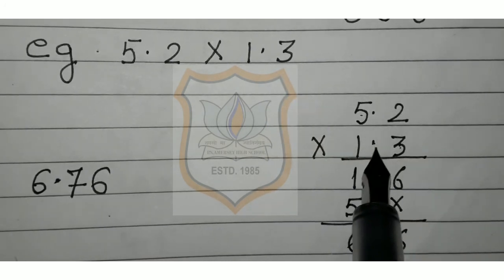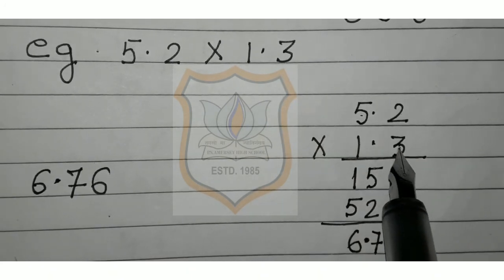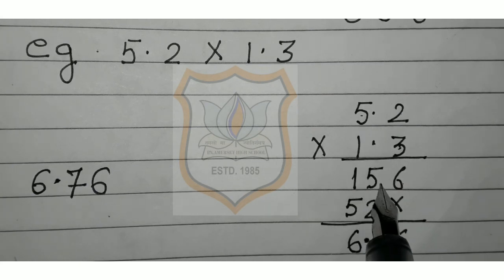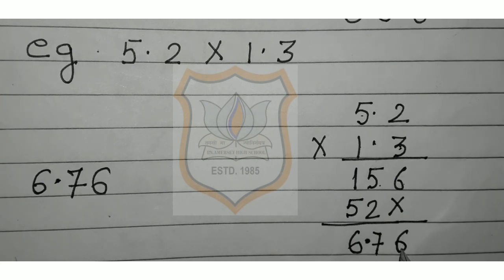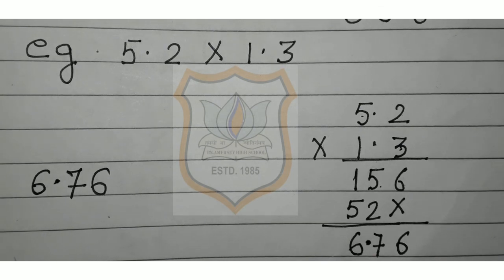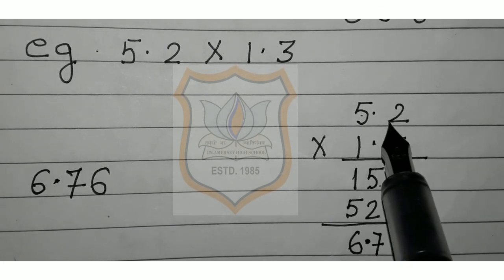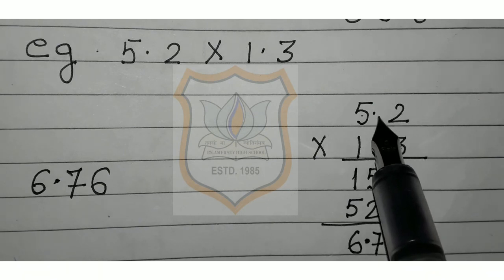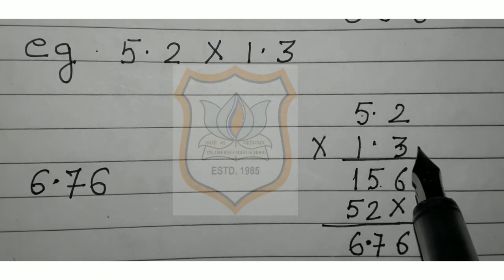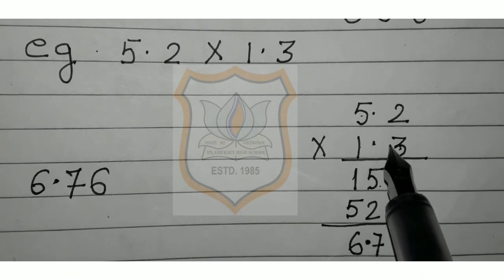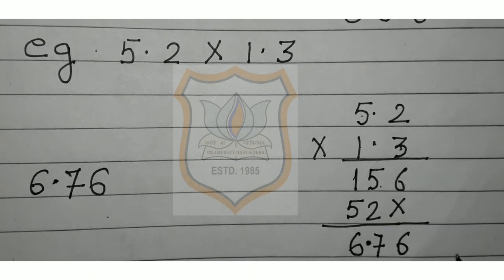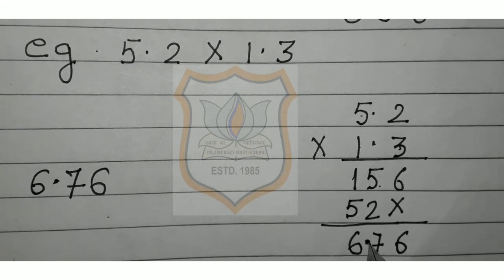One more example of multiplying a decimal number by a decimal number is 5.2 into 1.3. Now 5.2 multiplied by 1.3. 3 2s are 6, 3 5s are 15, 1 2s are 2 and 1 5s are 5. 6 plus 0 is equal to 6. 5 plus 2 is equal to 7, and 1 plus 5 is equal to 6. Now in 5.2 the decimal is after one digit, that is, after 2. And in 1.3 the decimal is after one digit, that is, after 3. So 1 plus 1 is equal to 2. So in the answer the decimal will come after 2 digits, 1, 2. It will come over here. So our answer will be 6.76.